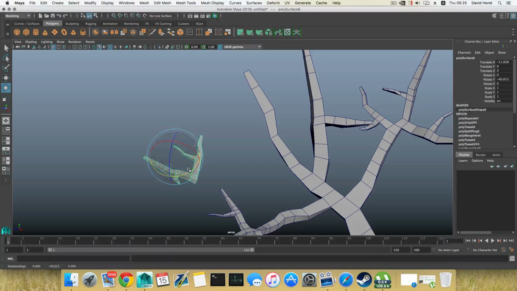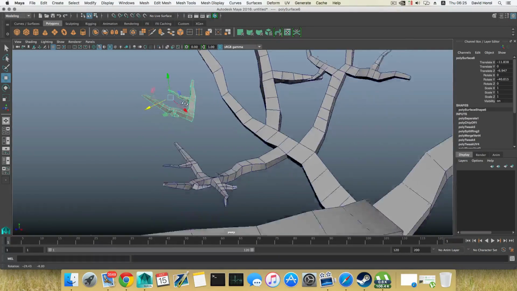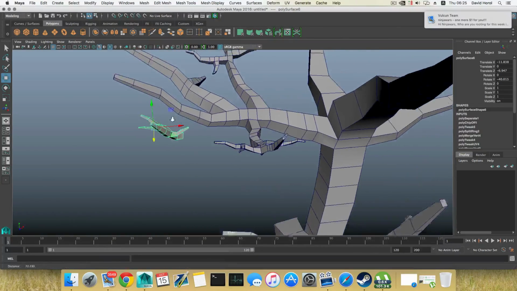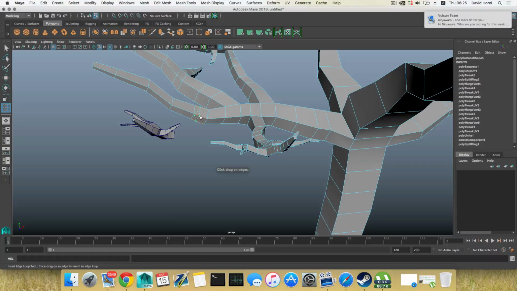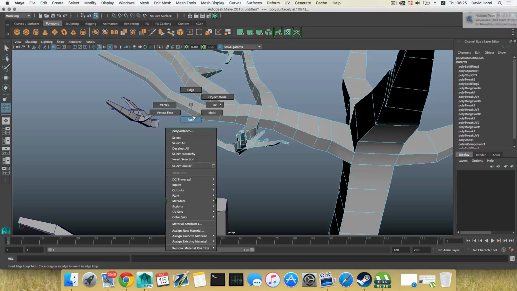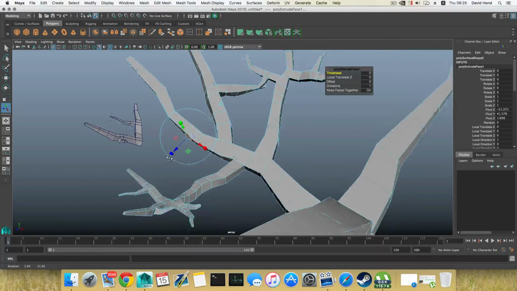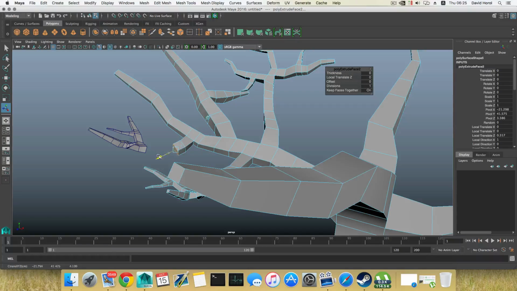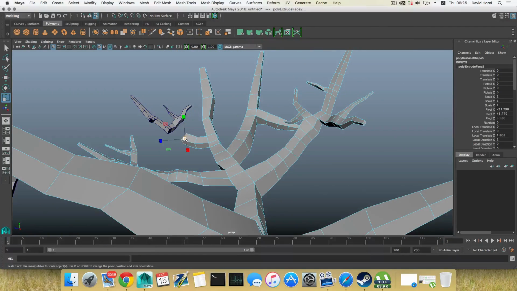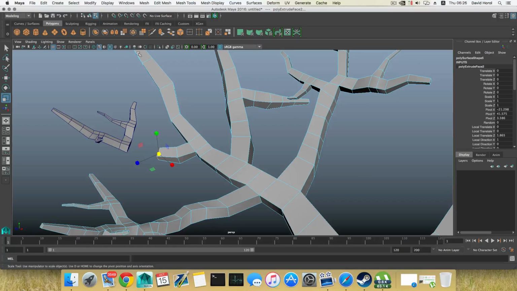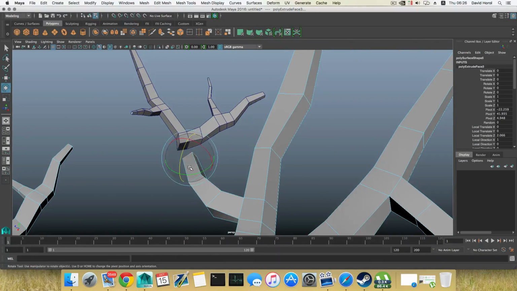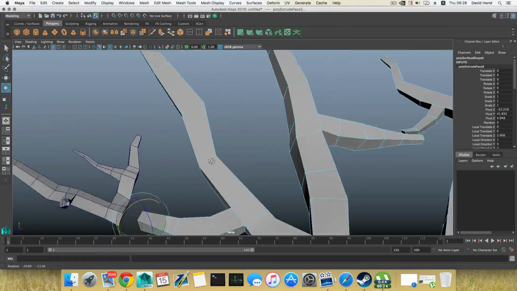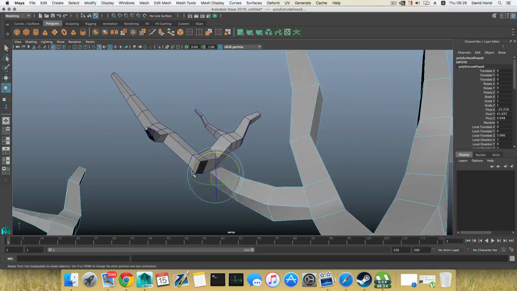Okay, so I'm going to rotate this a little bit, move it towards there. I'm going to grab this, insert one edge loop here, about so. Right click, choose face, let's grab this face. I'm going to extrude it and rotate this towards this one, so like so. Scale it down a little bit, extrude it a little bit more, bring it to this same position, maybe rotate this a little bit to match that same connection point,